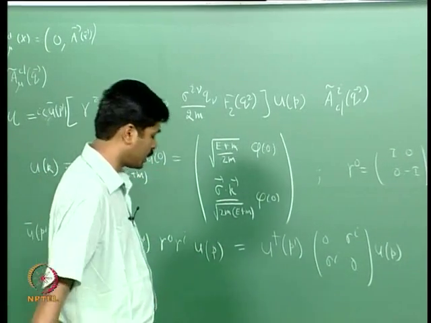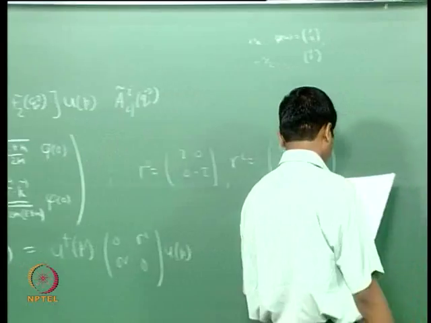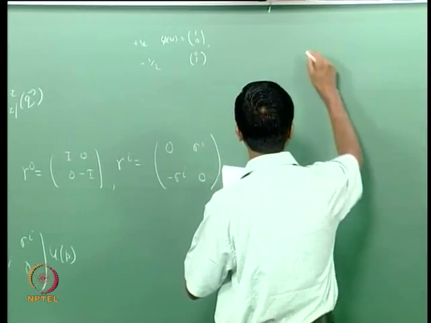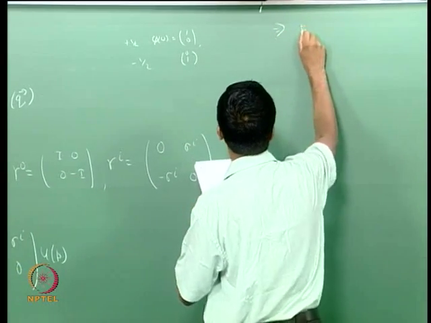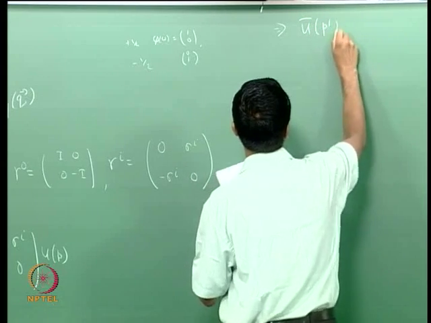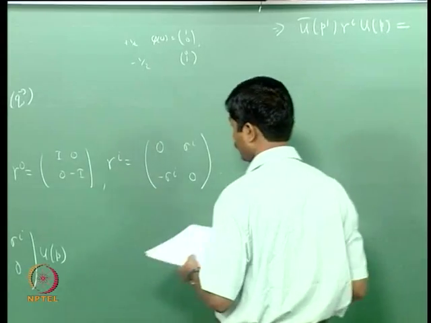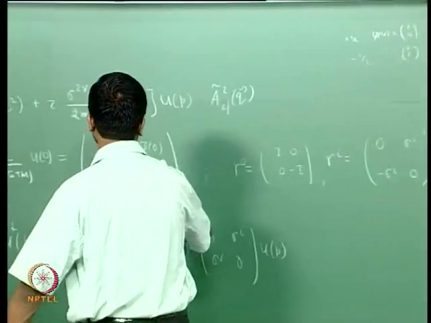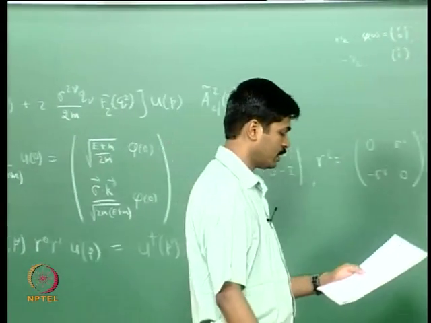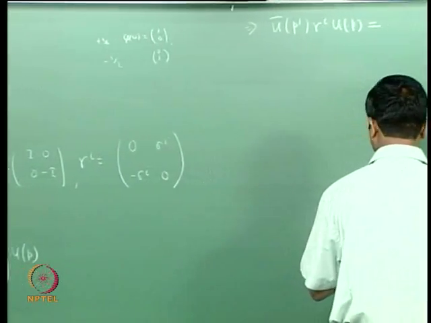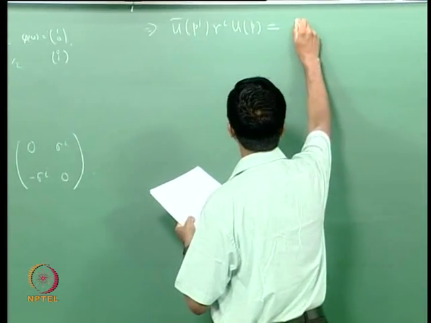So, what do we get? When I substitute that, ū(p′) γ^i u(p) is equal to the Hermitian conjugate of this quantity here, which is nothing but φ†(0)